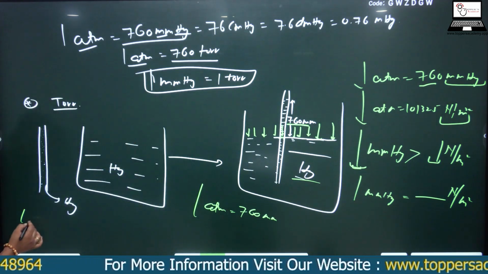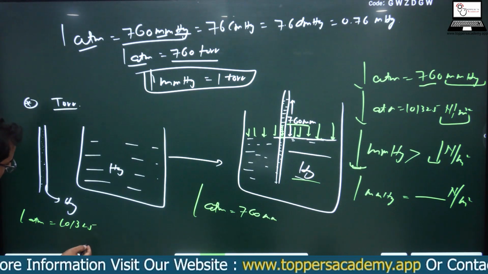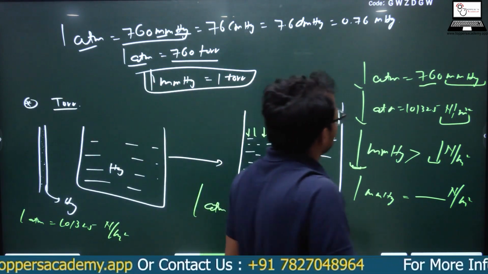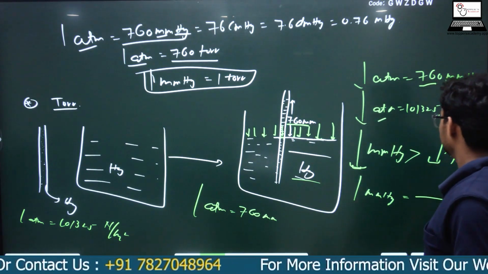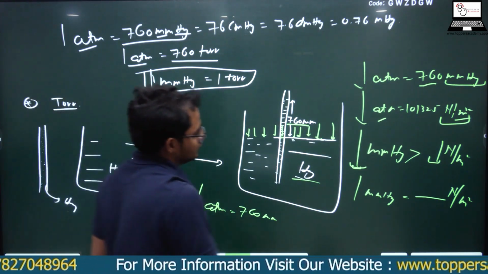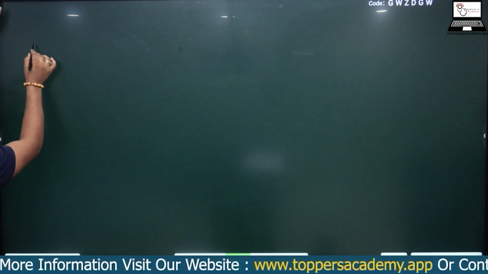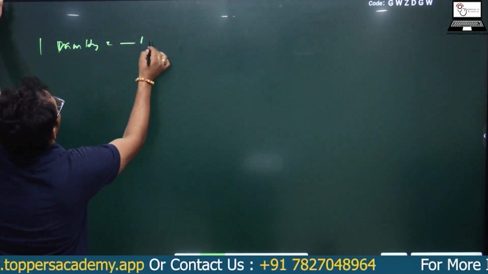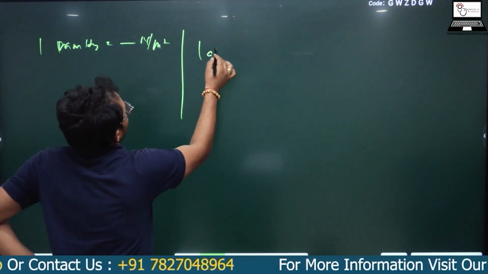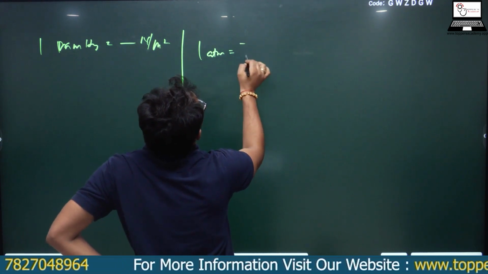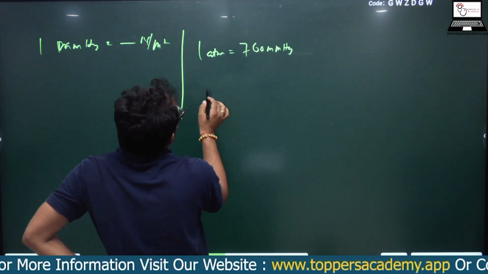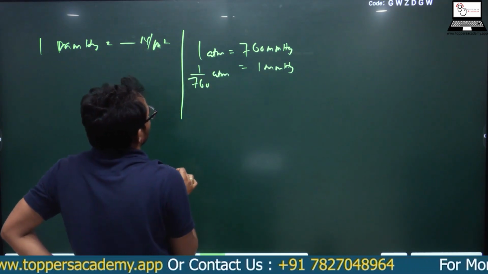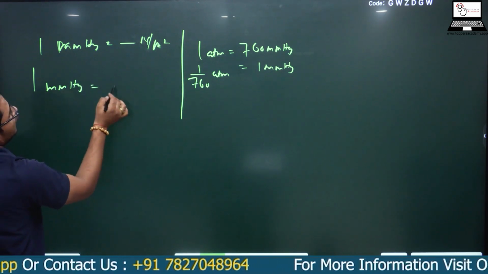See, 1 atm is equal to 101,325 Newton per meter square. Now either you take the value of 1 Newton per meter square in atm. My dear students, listen, I will have to tell that 1 mmHg is equal to how many Newton per meter square, and I know that 1 atm is equal to 760 mmHg, and I know that this means 1 mmHg will be 1/760 atm, right? So 1 mmHg is equal to 1/760 atm,